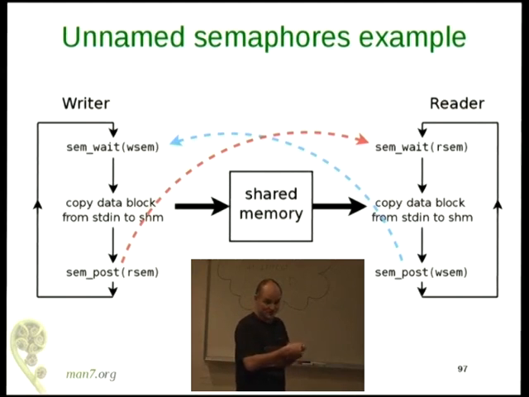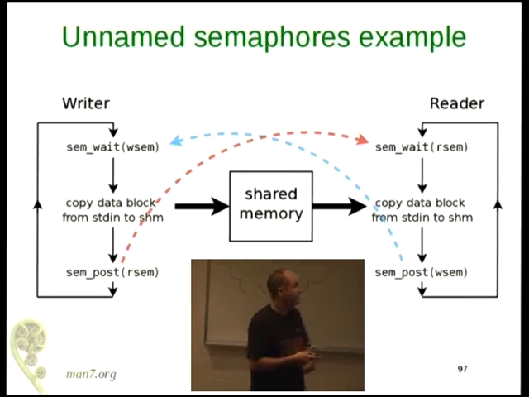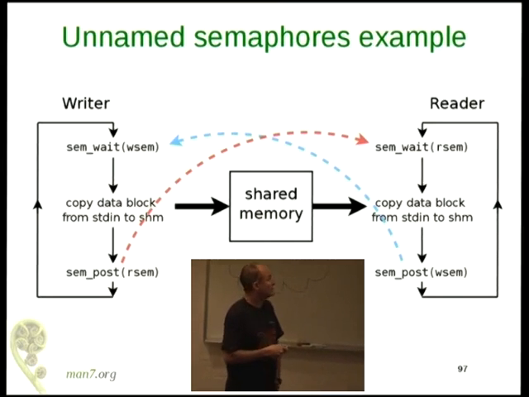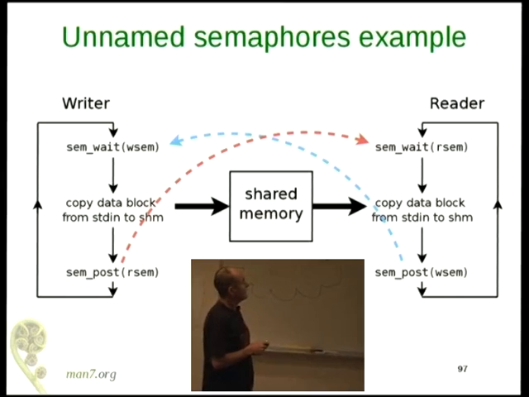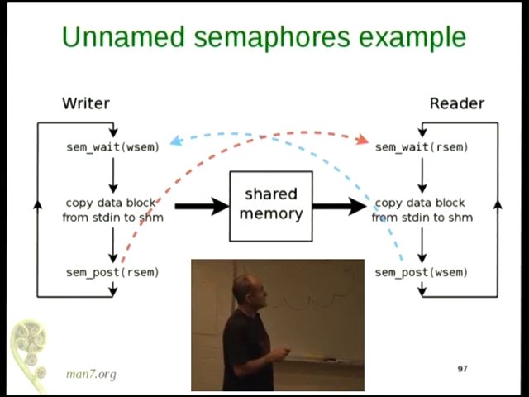Otherwise, you might have a situation where a writer writes two buffers into memory, one on top of the other, before the reader has had a chance to read one of those buffers. Okay, and the way to do that then is with two semaphores, which I've called the writer semaphore and the reader semaphore. Okay, you set things up so that initially the writer semaphore is available, it has the value